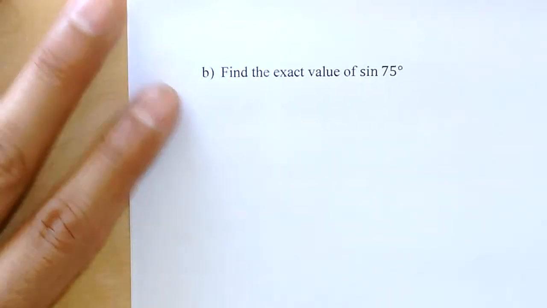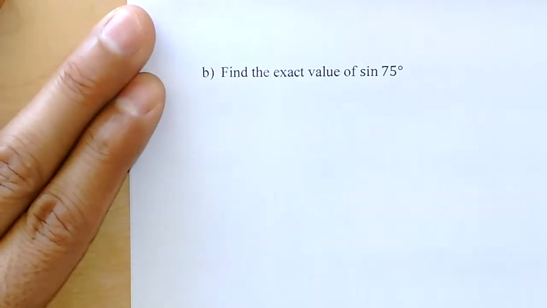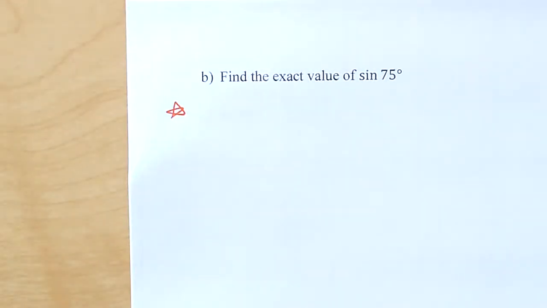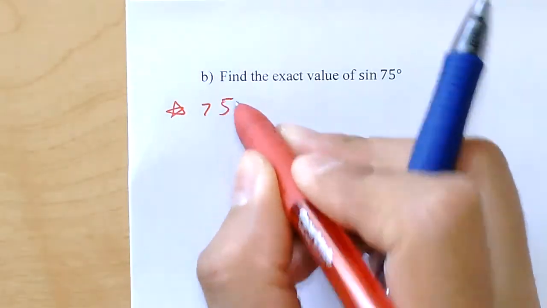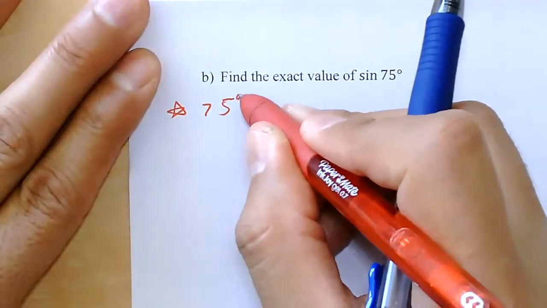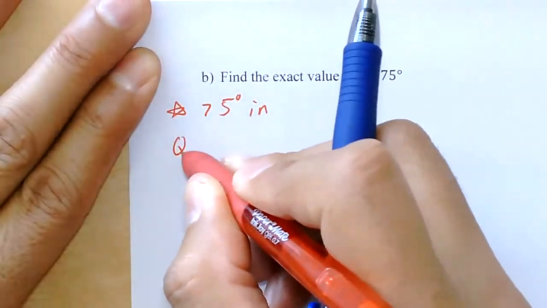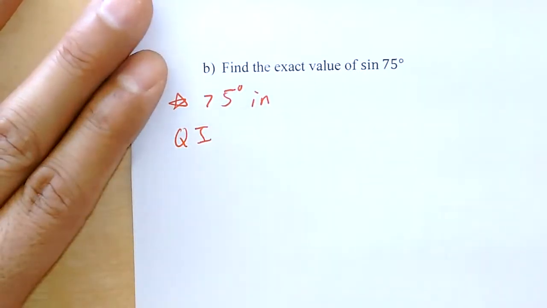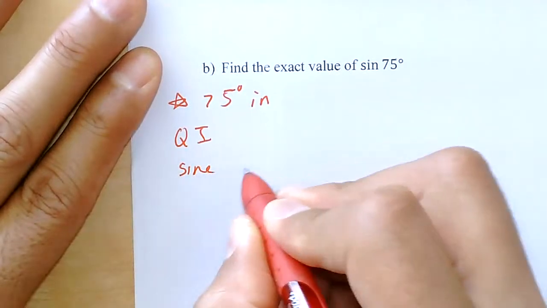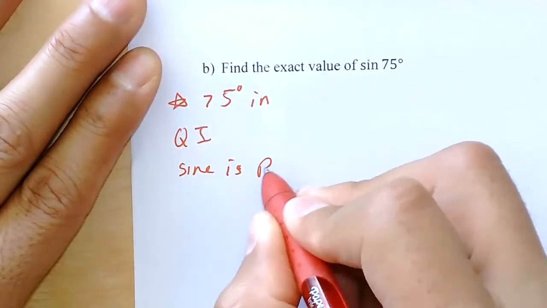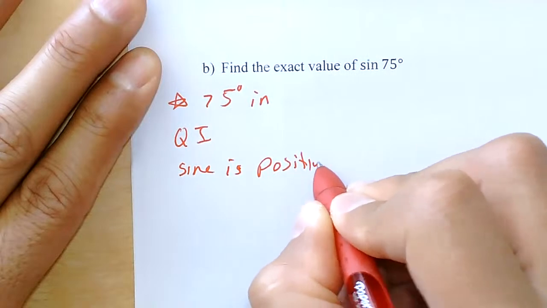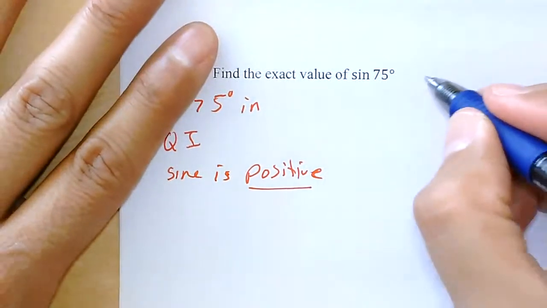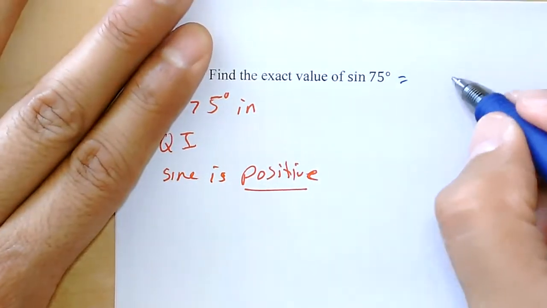Number 2, the sine of 75. So I need to figure out if it's going to be plus or minus. 75 degrees, that's in quadrant 1. And because it's in quadrant 1, the sign will be positive. Positive. The sine of 75,